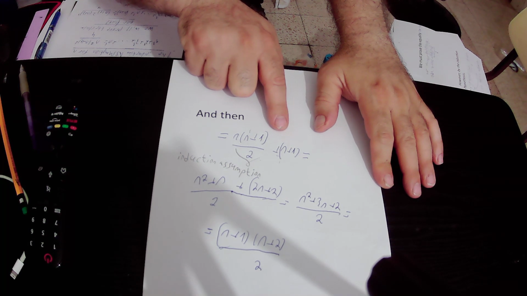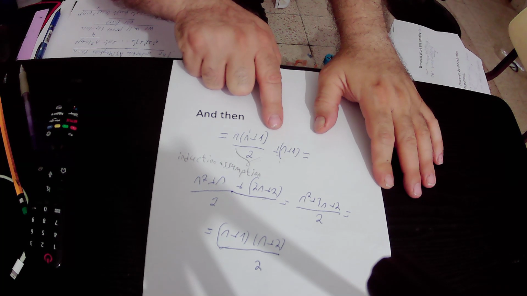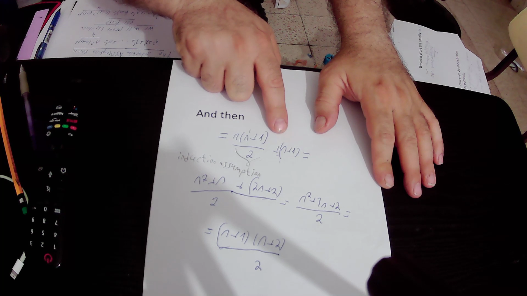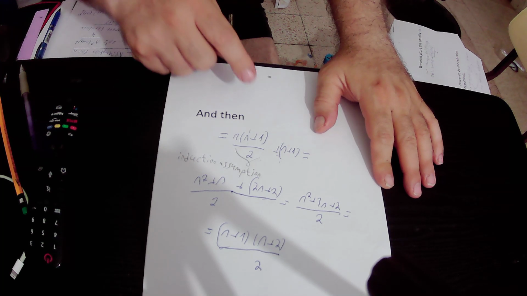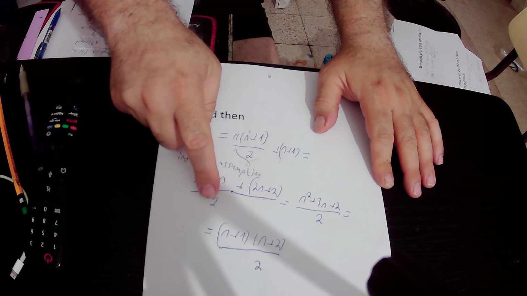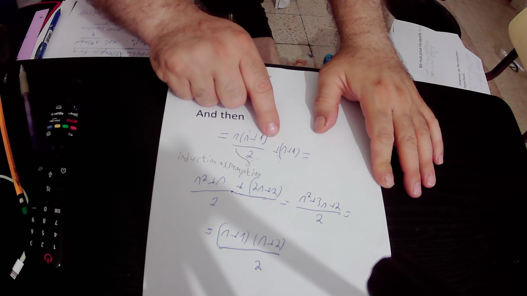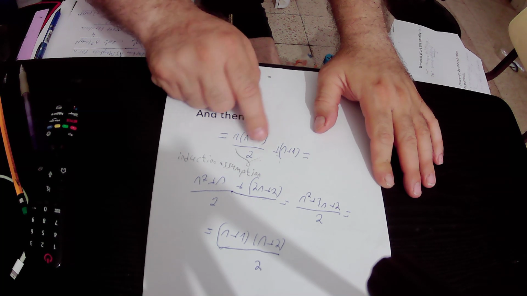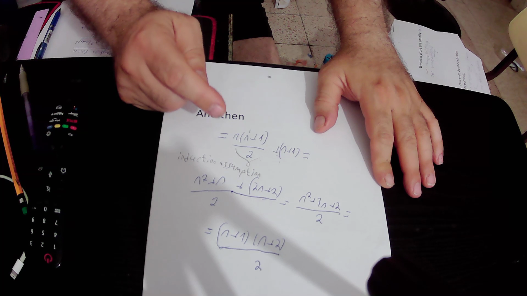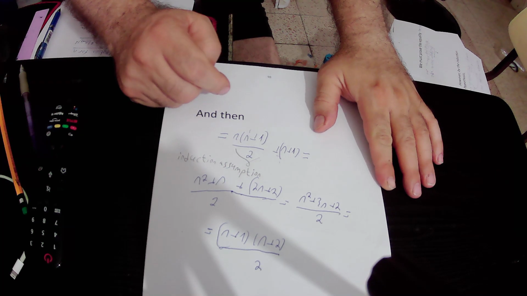So if we put n plus 1, actually we multiplied n plus 1 by 2 and then divided it by 2, so we changed nothing. So n plus 1 multiplied by 2 is 2n plus 2, and all divided by 2,